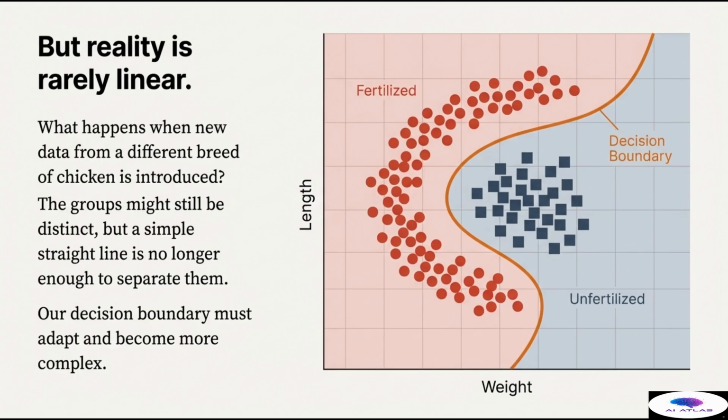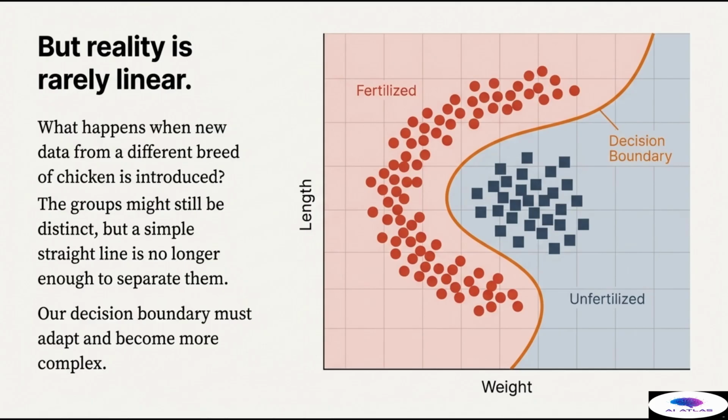What happens when we introduce data from a different breed of chicken? Perhaps this new breed produces eggs that are heavier relative to their length, causing the groups to distribute differently on our 2D plane. As you can observe in this visualization, the red fertilized data points and the blue unfertilized data points are still distinct,